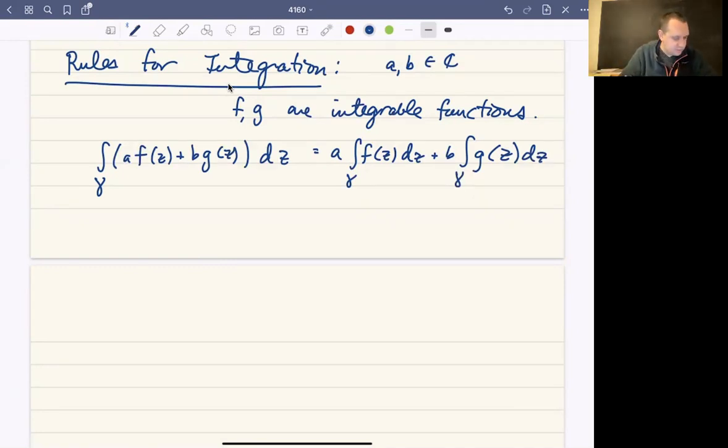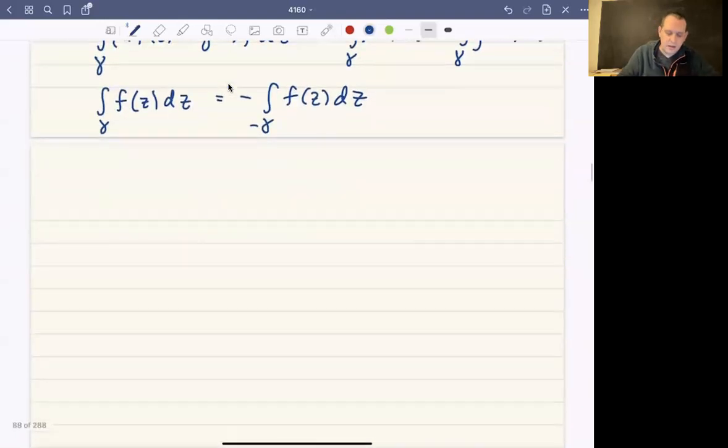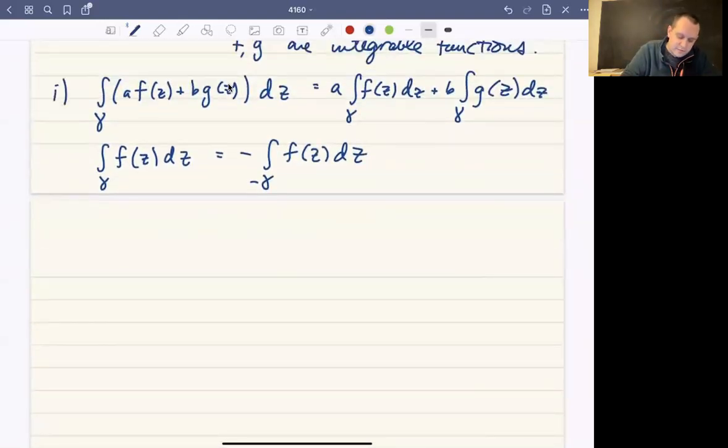The property that we just talked about before, at the end of the previous video, is that if you're integrating some function f over some path or over some curve gamma, and then you orient gamma so that it's negative, in other words, take the opposite orientation, you can do that at the cost of having a negative in your integral. Okay, so the integral of f over some path gamma is going to be minus the integral where you orient it the other way. And then the third property that we can talk about for now